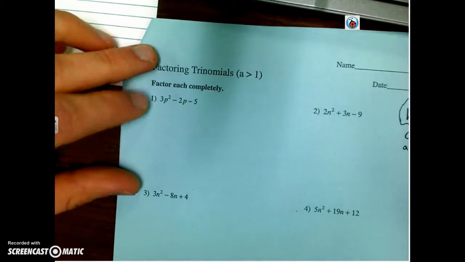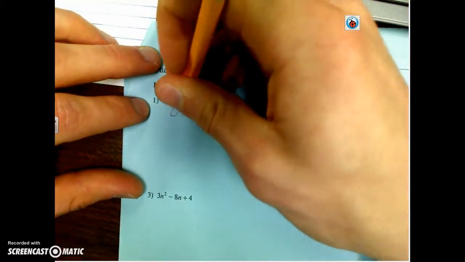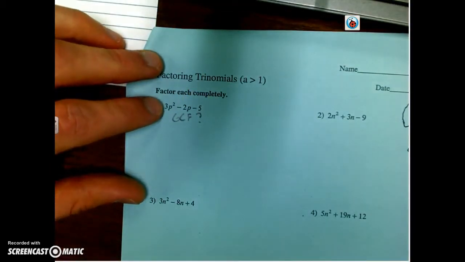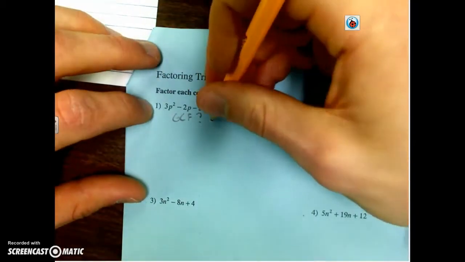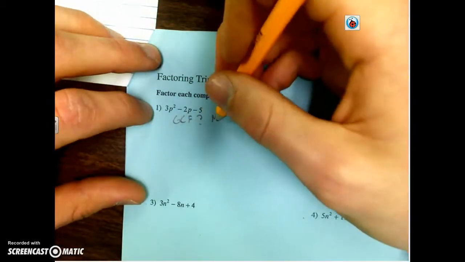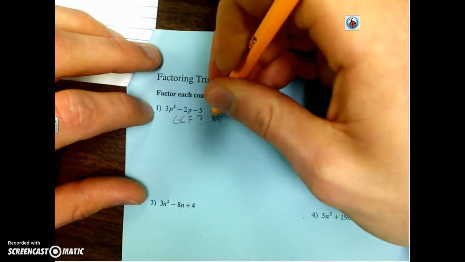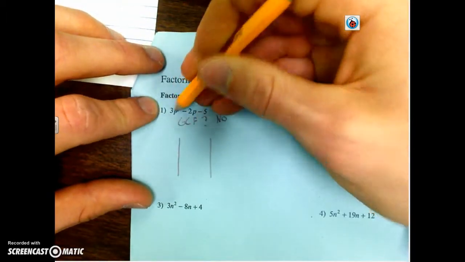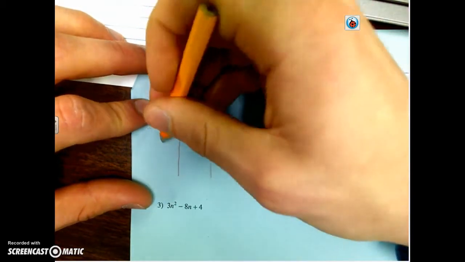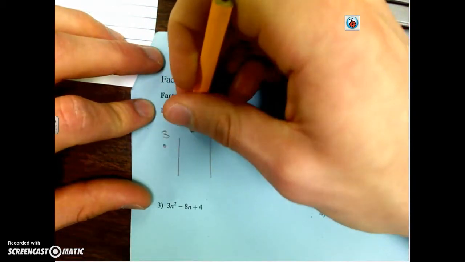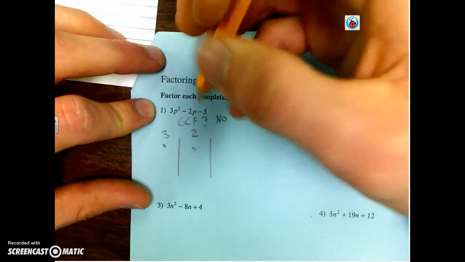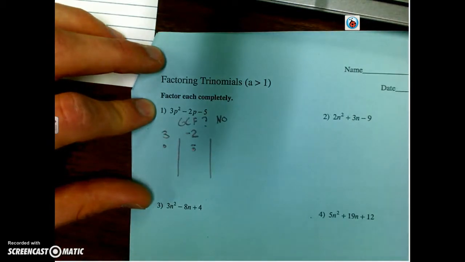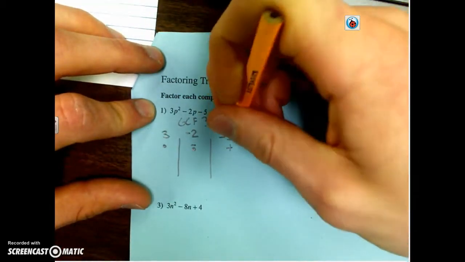So say, for example, I'm here on number 1. I'd ask myself, is there a GCF? I'm looking at those. Is there a number I can divide 3, 2, and 5 by? No, there's not. So we don't have a GCF. So what that means is I'm going to just start finding my factors. So we need factors of our first number that are also factors of our 2 here. And it's a negative 2, so that means that with our terms, one of them is going to have to take on a negative sign,